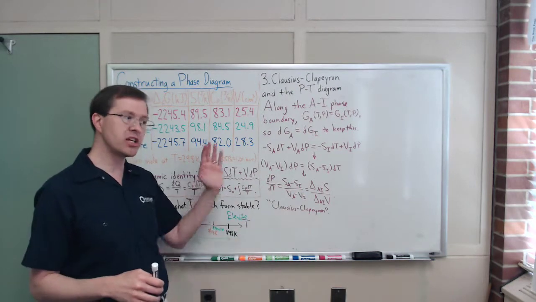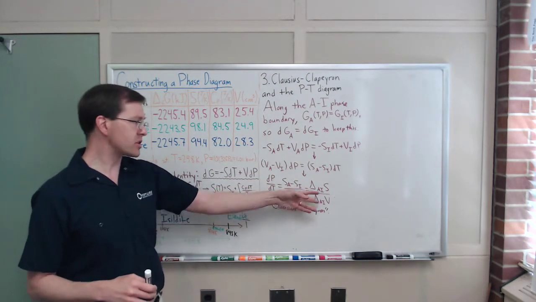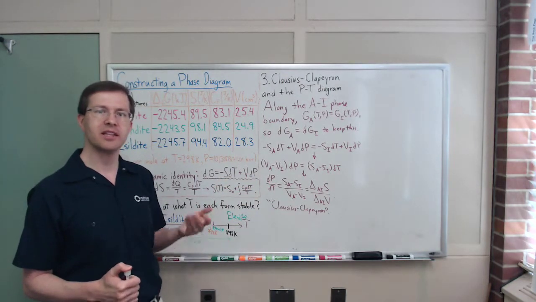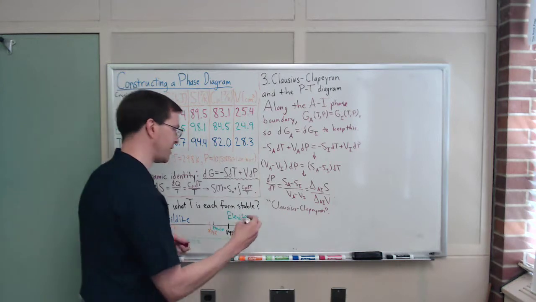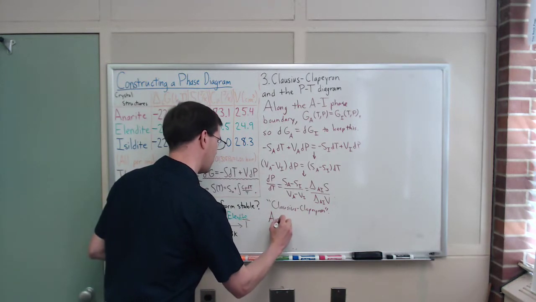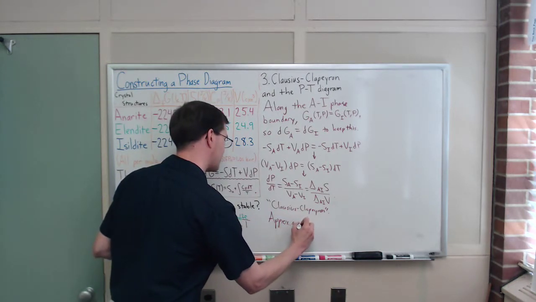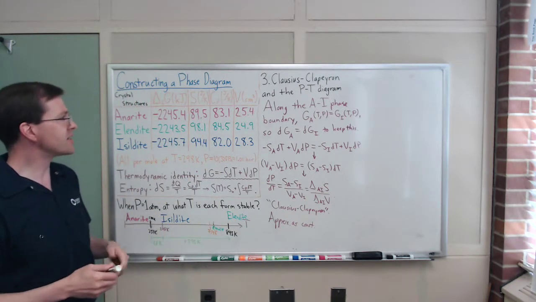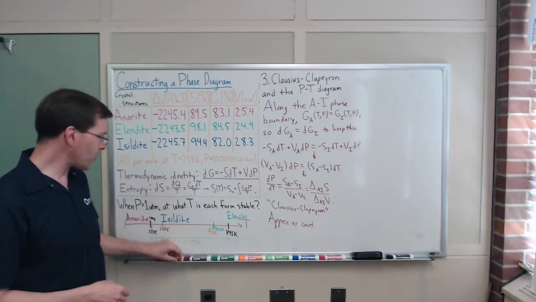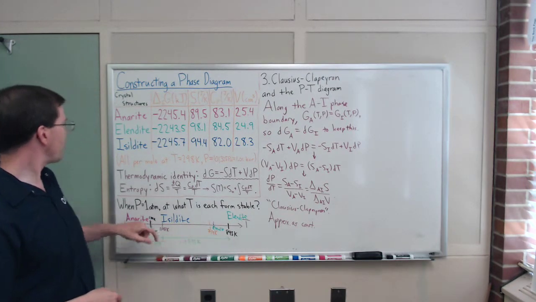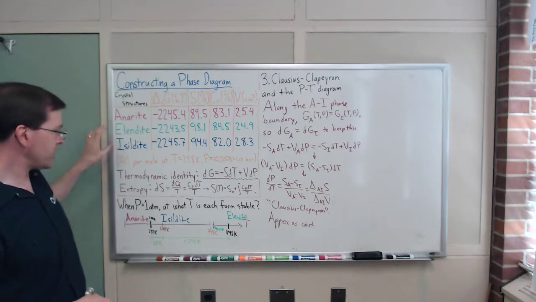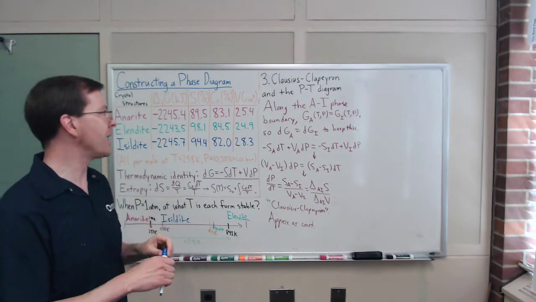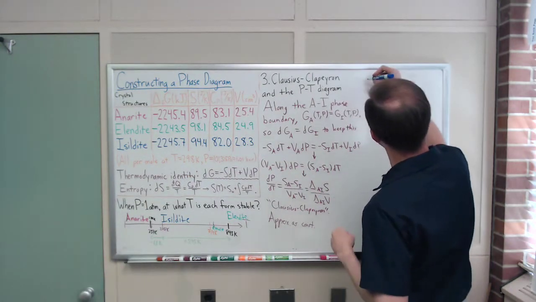If the entropy is changing as you move along your diagram, then of course this slope will not be a straight line. We're going to make the approximation that the slopes are straight lines. We're going to approximate this whole deal as constant. We're going to treat this as a constant, and so let's see where that takes us. We're going to say, for example, that for the AI boundary, I'll label it as AI, we're going to say